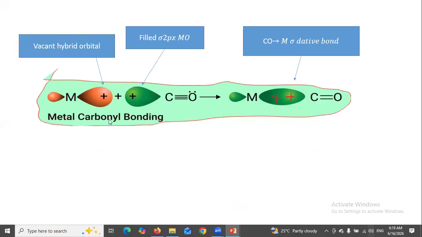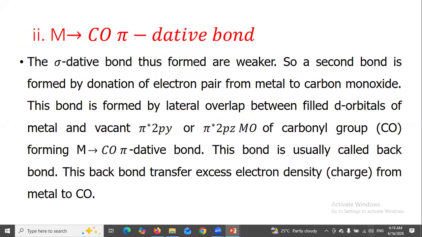Metal carbonyl bonding. This is the vacant hybrid orbital. Filled sigma 2px molecular orbital of carbon monoxide and carbon monoxide to metal sigma dative bond. Metal to carbon monoxide pi dative bond. The sigma dative bond thus formed is weaker. The second bond is